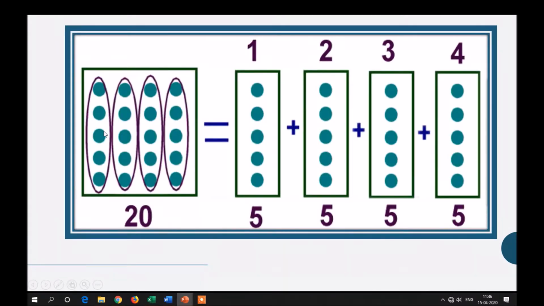So we have one box. In that we have put 20 dots. Now we have 4 because we have to divide 20 by 4. So we have 4 boxes here. Now we will put the dots one by one. So 1, 1, 1, 1. In the same way we will put all the dots. And how many dots in one box? So it is 5. So our answer is 5.